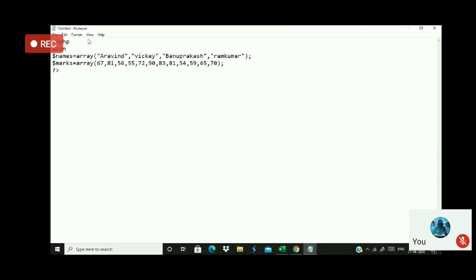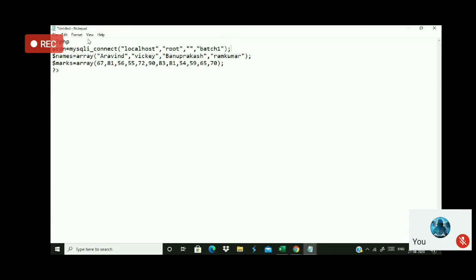How to establish the connection? mysqli_connect, then I give the name of the server, localhost, then username is root, and password is nothing. Let us assume that I have the database called batch1.